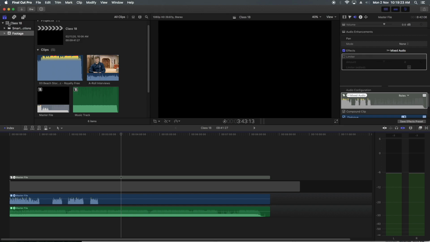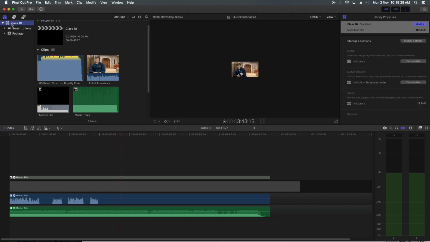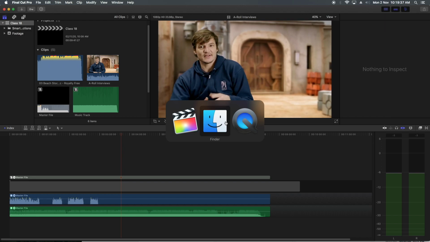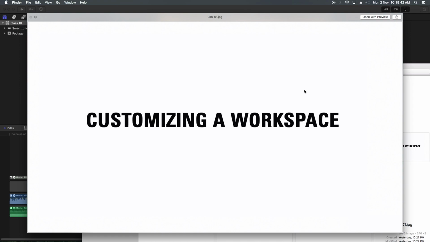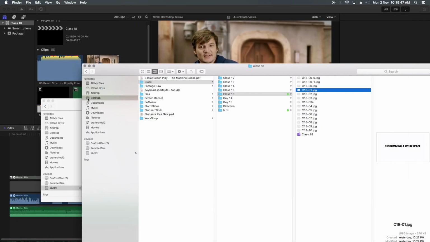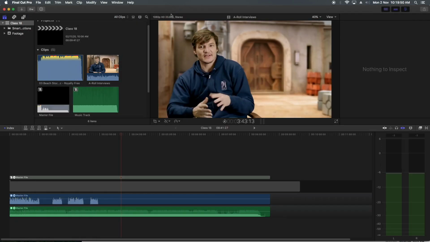So to manage any media, you only have to click on this library button. But where is the media? Media is in the library, so we control it only through the library. The first thing in the media library is customizing the workspace. So what is a workspace? Workspace is this particular layout. The layout you are seeing of FCP 10 is the workspace.